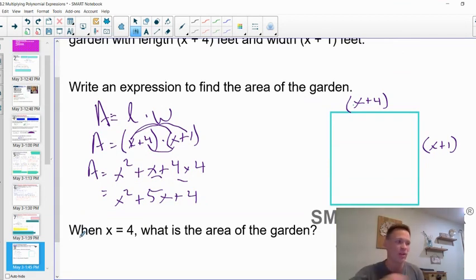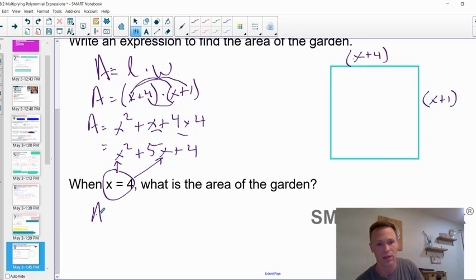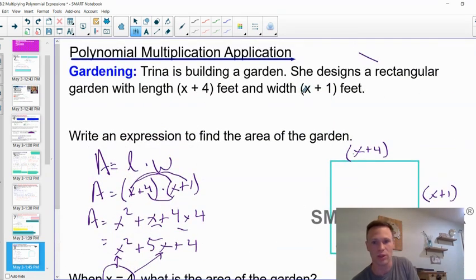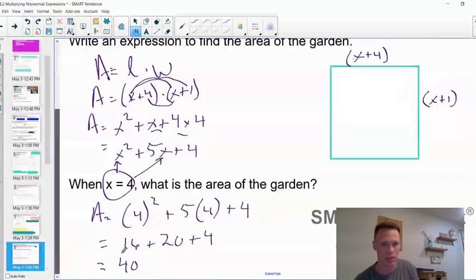So now if I want to know what the area is if x is equal to 4, what do you think I got to do? I got to take this 4, substitute it in there and there. Okay, the area is then 4 goes in for x, that's squared, plus 5 times 4 goes in for x, plus another 4. So simplifying that, 4 squared is 16, plus 5 times 4 is 20, plus 4. And simplifying all of that, I get a grand total of 40, and we had a unit of feet, which means it's 40 feet squared.